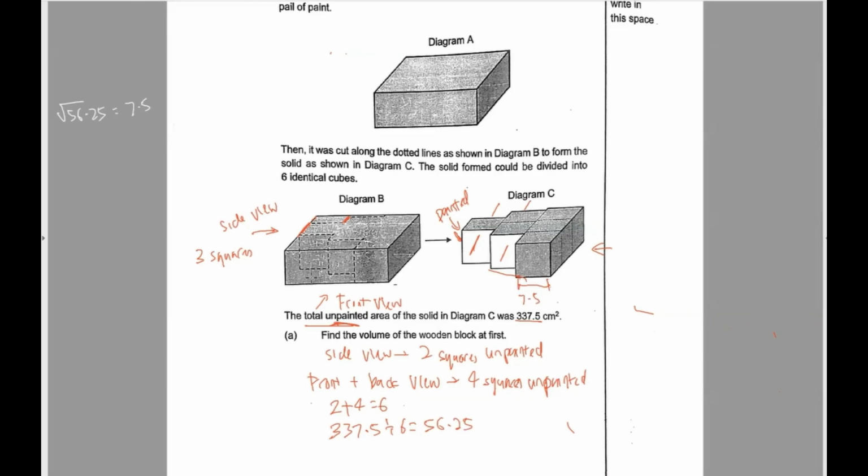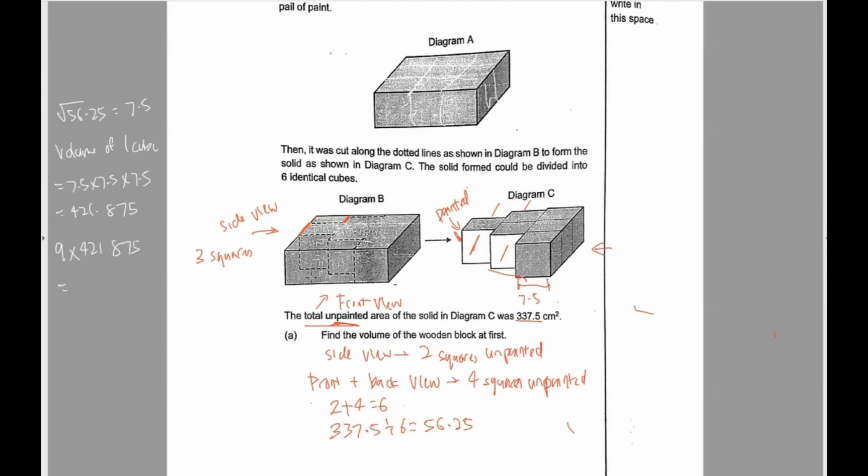Volume of one cube will be equal to 7.5 multiplied by 7.5 multiplied by 7.5, and you get 421.875. This is the volume of one cube. So the volume of the wooden block at first consists of 9 cubes. Okay, 9 cubes. So 9 times 421.875,